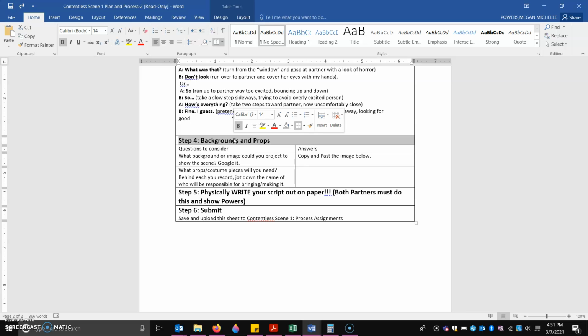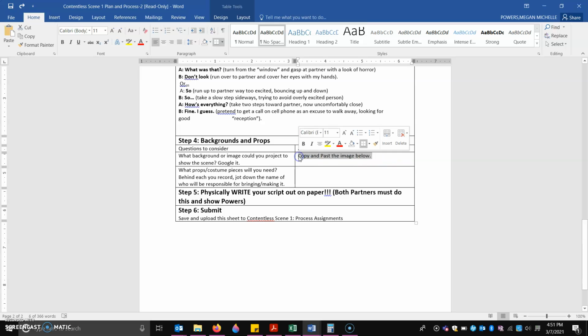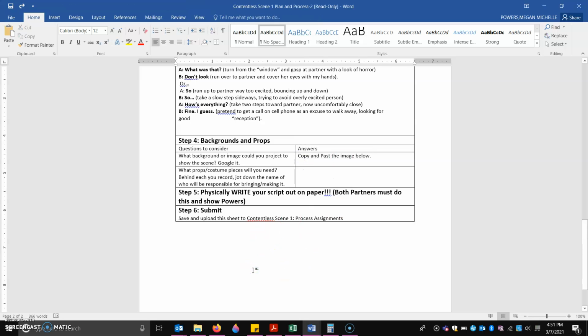So you can go through and be really deliberate. Or if you're going to be a police officer, you can make a little sticky badge and make the props super cheesy, just so that way your audience can see and understand. So what background image could you project? You're going to actually go through and Google for an image, and you're going to paste that image right here, or you can paste it below. This is where I'm going to get the image to project. If you don't have an image here, I'm not going to project it.